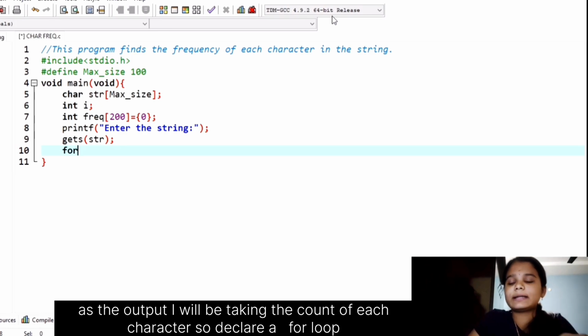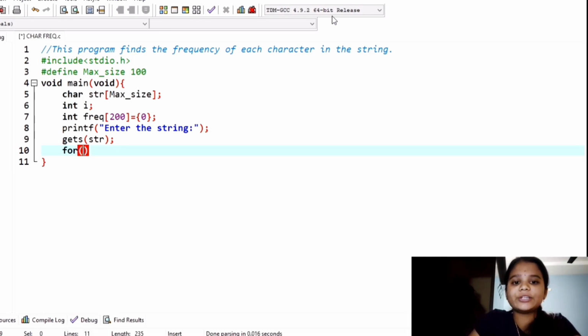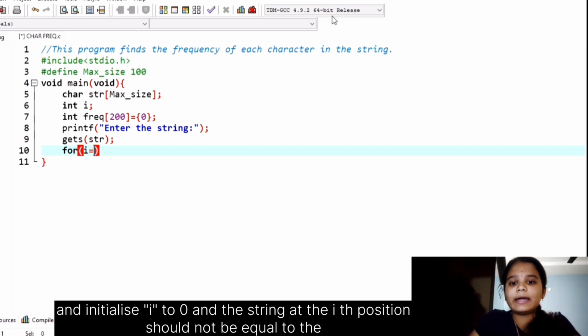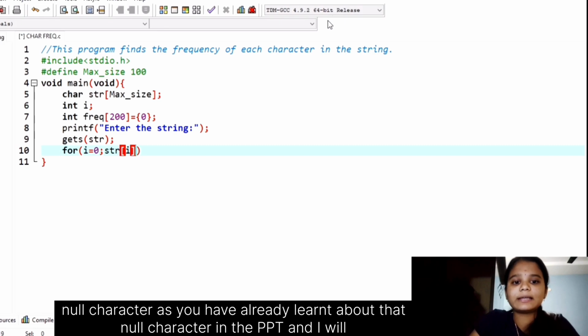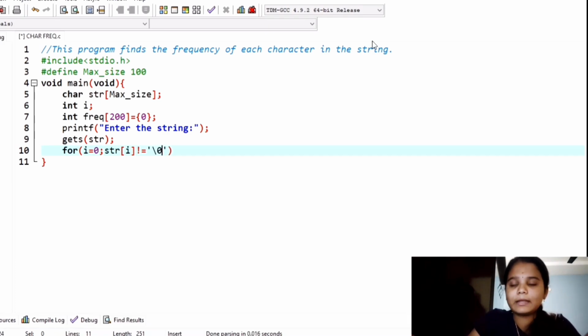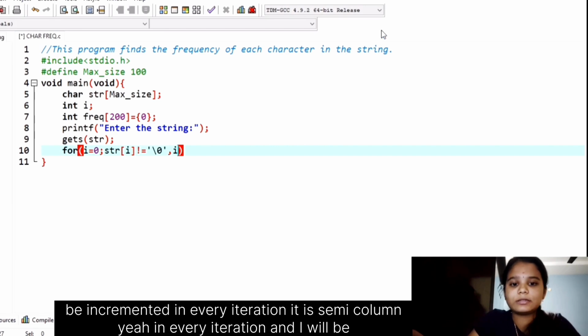So declare a for loop and initialize i to 0, and the string at the ith position should not be equal to the null character, as you have already learned about that null character in the PPT. And i will be incremented in every iteration.